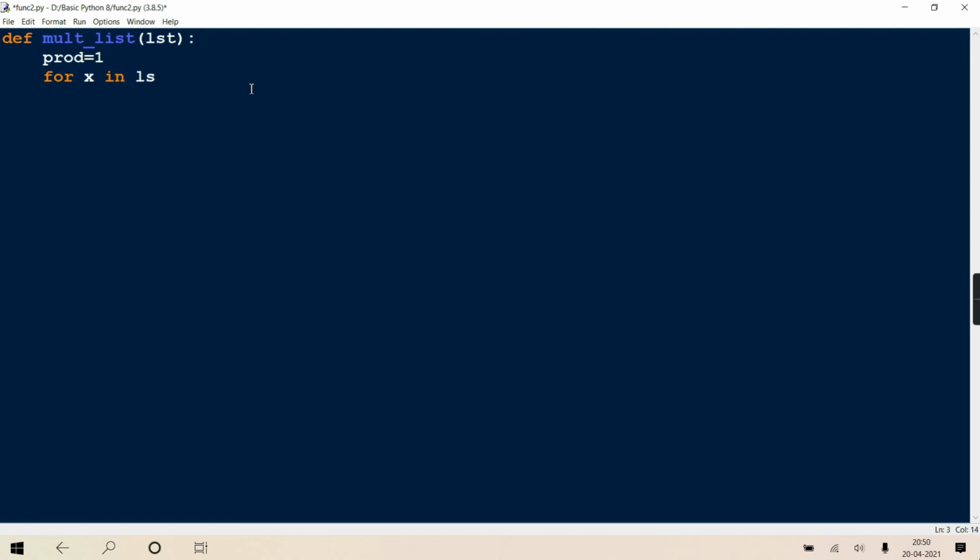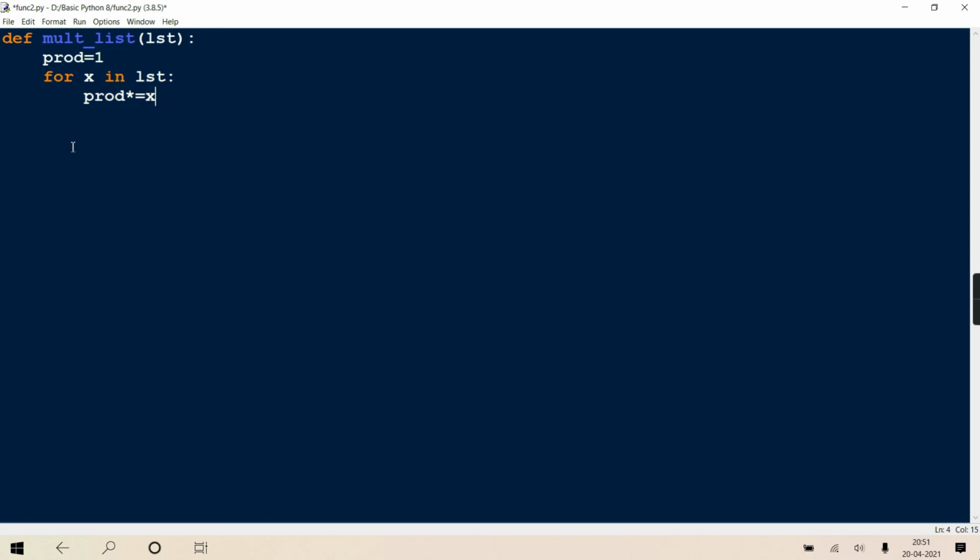Now I'm traversing that list. I hope you know how to traverse an iterable object in Python using a for loop. So it will fetch one by one value from that lst in x, and that you just multiply with product. Can I write prod star equal x? I have told you all this also, compound arithmetic assignment.